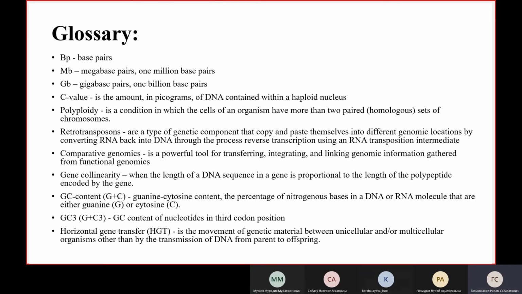In conclusion, the average genome sizes of the kingdoms and subkingdoms that were shown are, in order from the smallest to the largest: archaea, then bacteria, then protists, fungi and plants, and then animals finally, with the largest genomes on average.